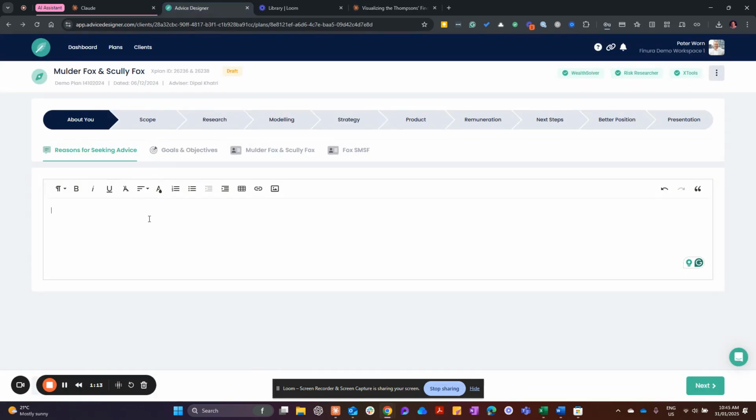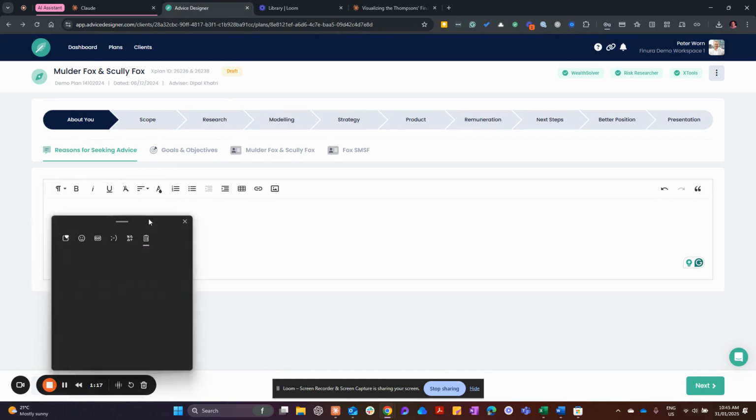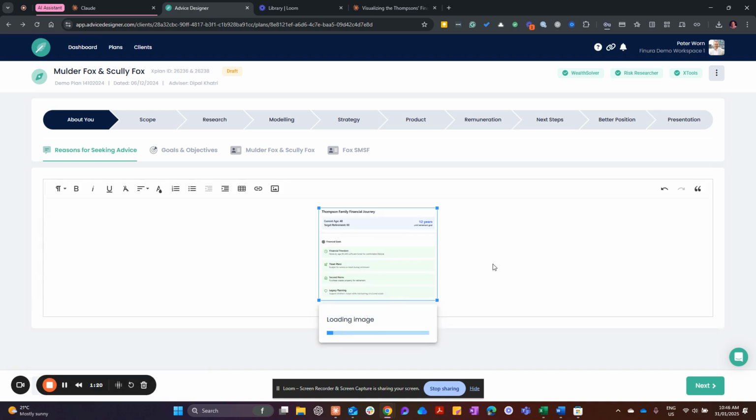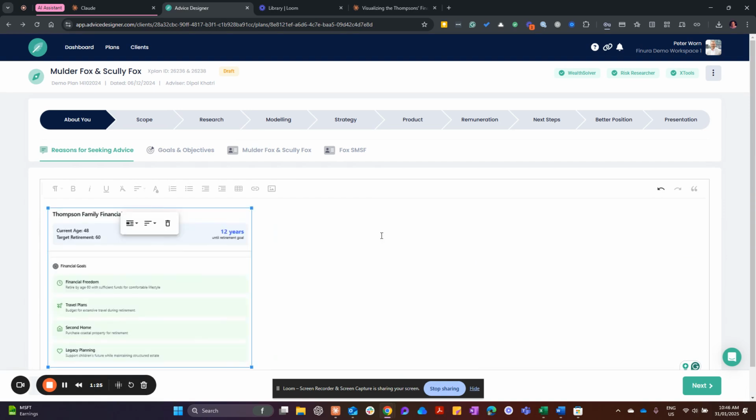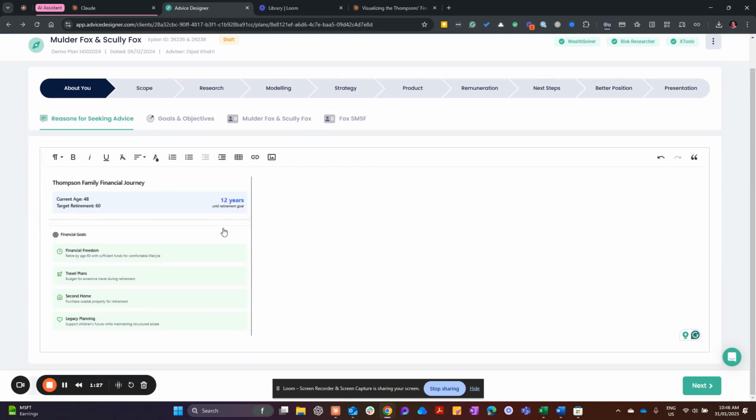So we've taken an image of that, and using Advice Designer, we can drop that content via an image into the text box here. We can obviously increase the size of that. And one of the great things is we can change the alignment of that, where that goes in the presentation level layer, and how we want to display that, as inline, or whether we want to break